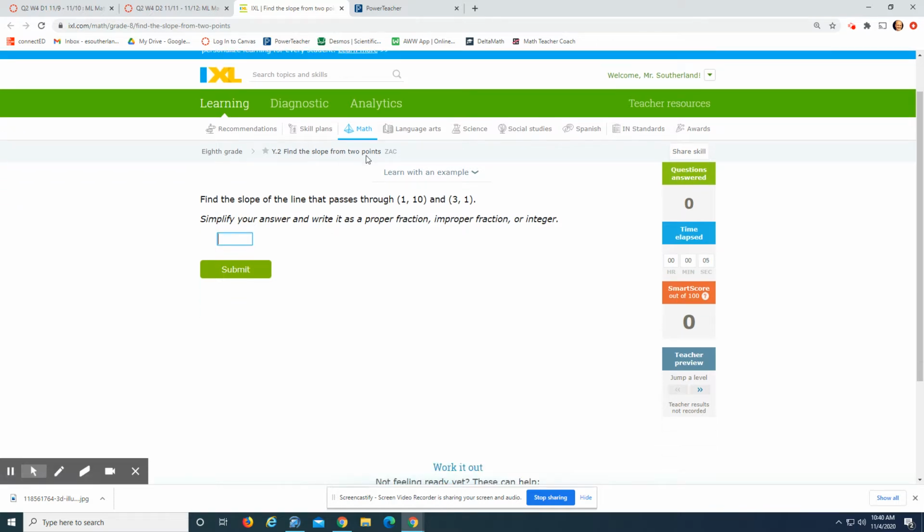It says find the slope from 2 points. Now, there's really one way that you can do this. The easiest way is to label your points. So I always label them X and Y. Do the same thing for both of them, X and Y. And so I go x1, y1, and then I put this one as x2, y2. And that's because slope, which is represented by the letter M, is equal to